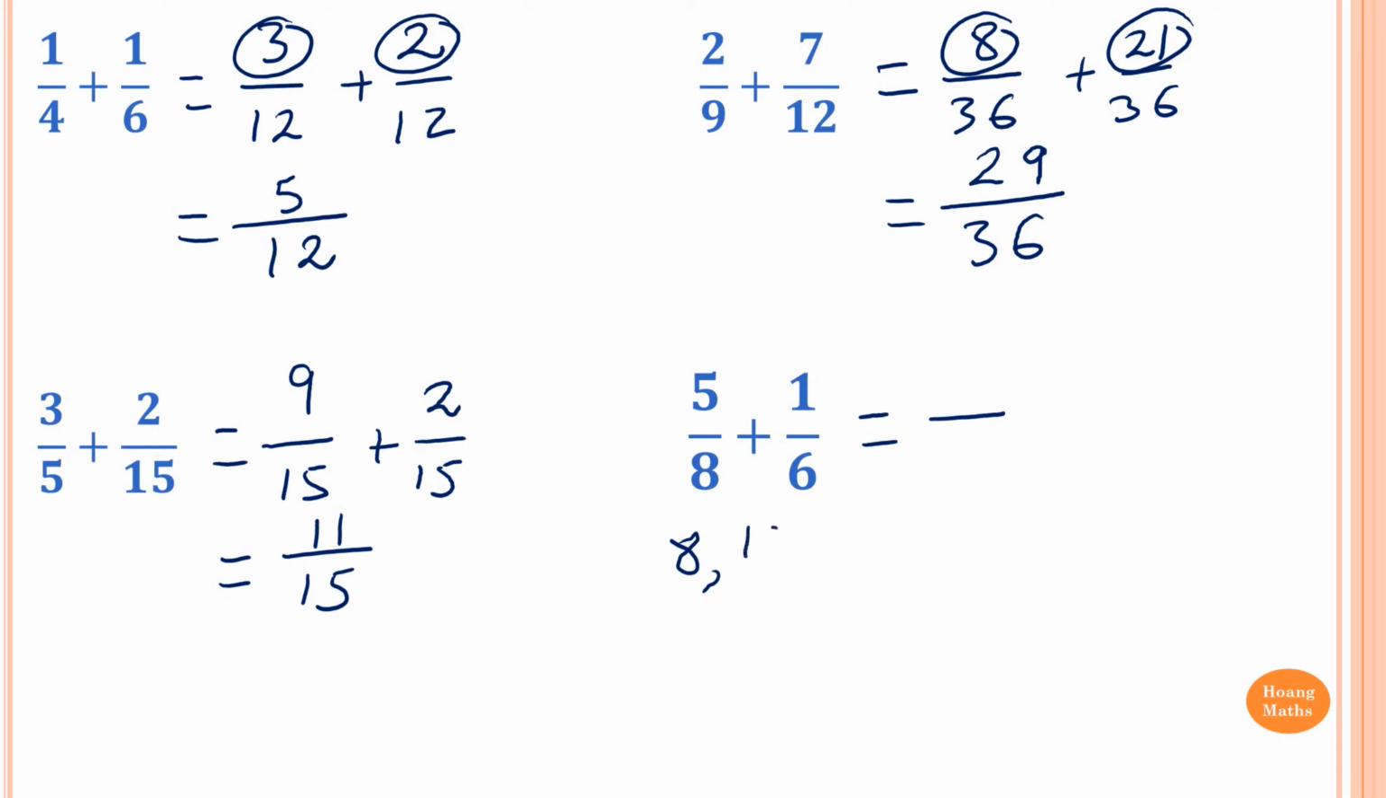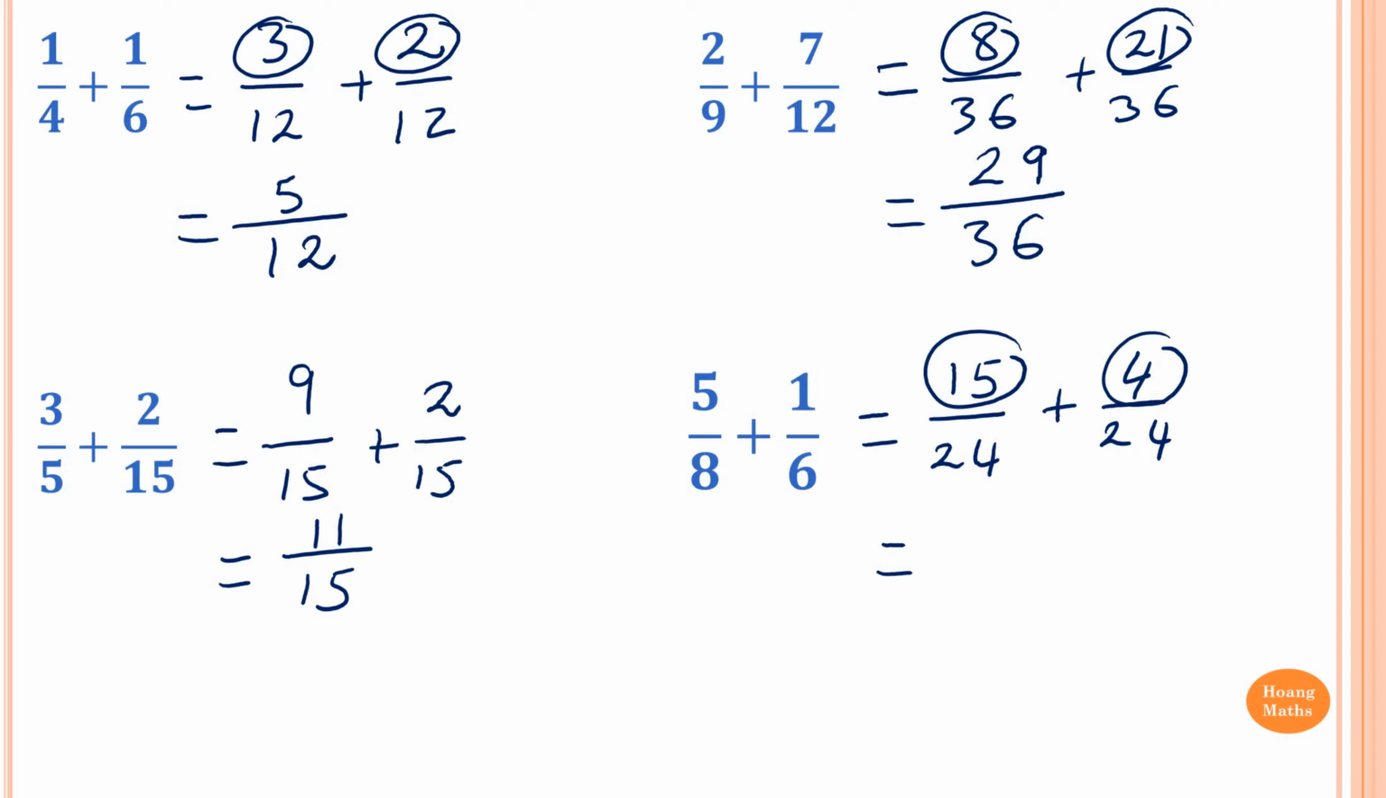I just write 24 down first. So from 8 to 24, we times this by 3. So the top must times by 3. So 5 times 3 is 15. And then from 6 to 24, from here to here, we times this by 4. So the top must times by 4 as well. So 1 times 4 is 4. So now we just add the numerators together, which is the top here. 15 plus 4 is 19. So the answer is 19